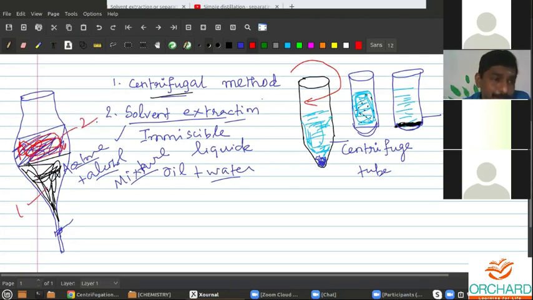Before performing the experiment, you have to allow them to settle for about 24 hours at least. Only then will there be two different layers. Liquid 2 and liquid 1 are immiscible, that means they are not mixing with each other. After that, with a container here, just open this tap and you will be gathering the first solution, and immediately all of it is extracted from this mixture.